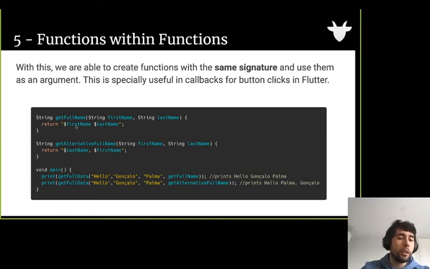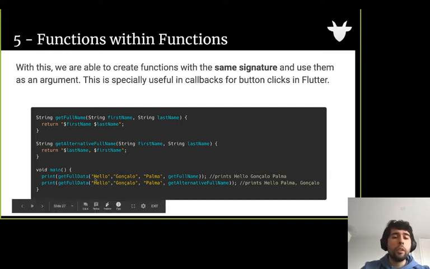As I said, I have the first name and the last name for the getFullName, and then a function called getAlternativeFullName that will output first the last name and then the first name. I call that function with the three strings that I need, and the function that I'm using, getFullName, prints hello Gonçalo Palma, or I can use the alternative full name and it will print hello Palma Gonçalo.